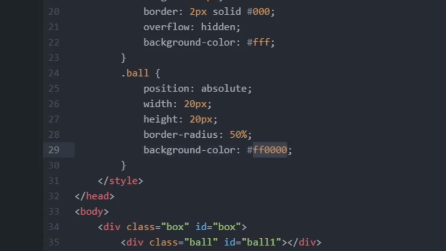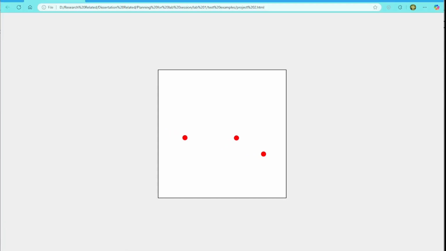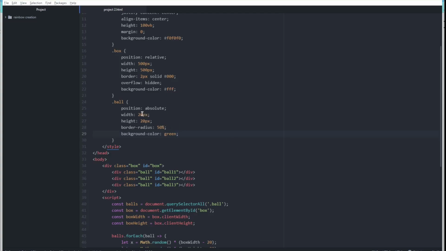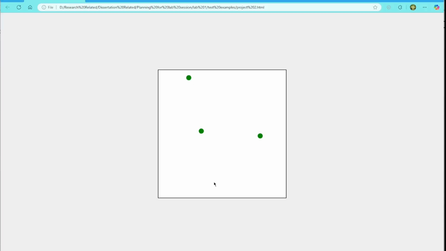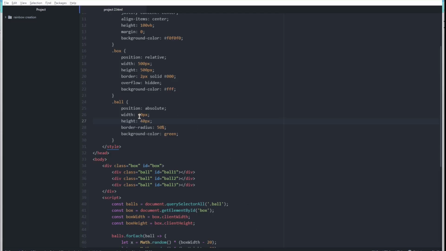If we want to make some green color, we can save it and then we can reload it. See, we are seeing a green color ball. Now if we want to change, for example, the width and height, maybe we can change it to 40 and 40, and if we save it, we will see that the ball size is bigger now. And let's take a look at the other things. So I'll keep it 20 or 30,